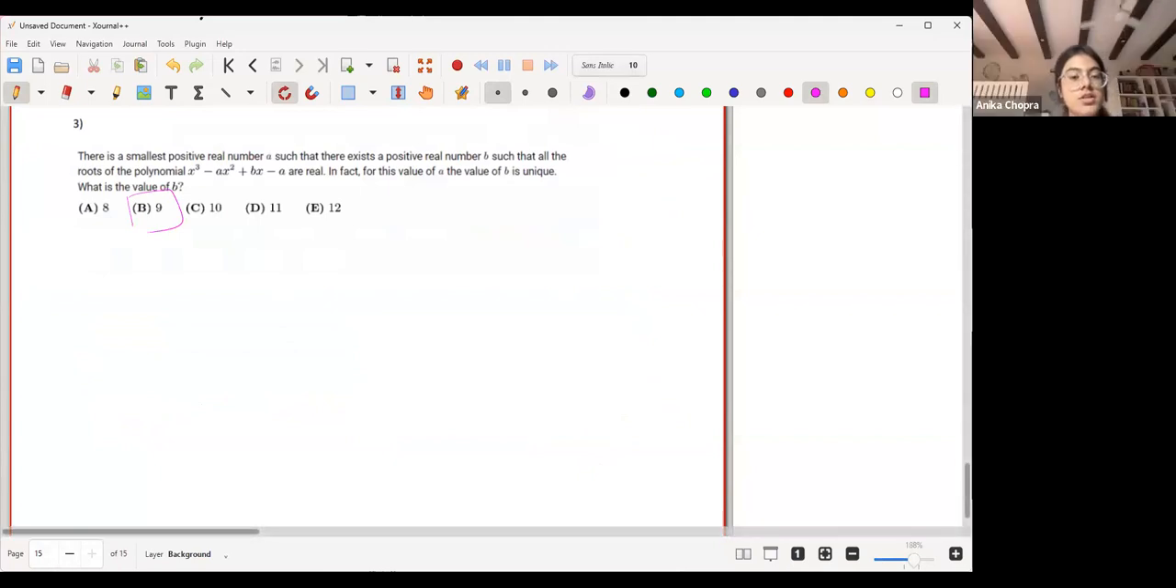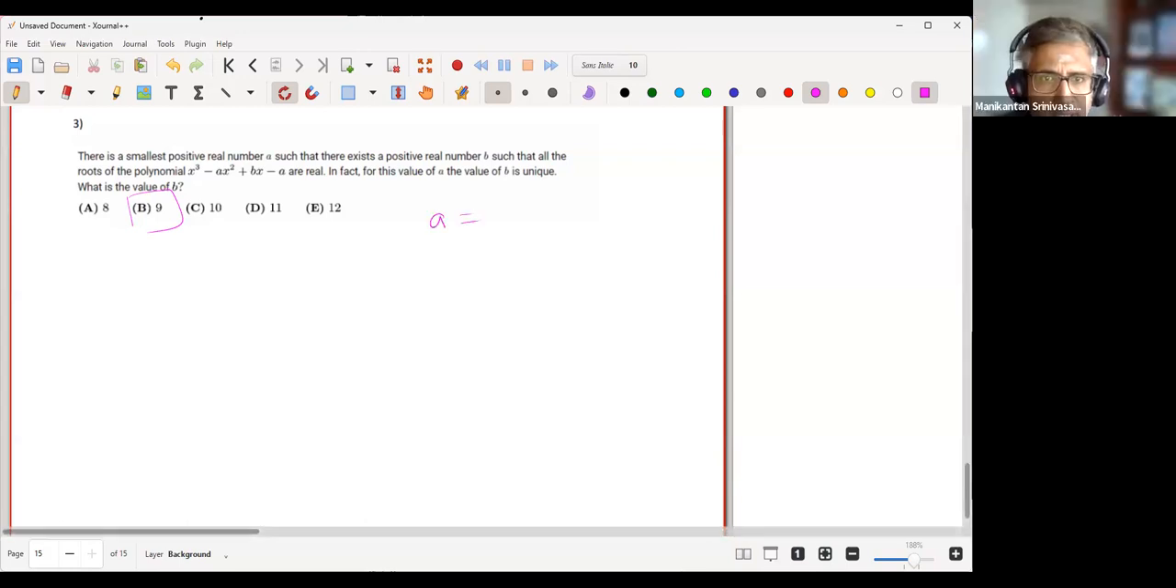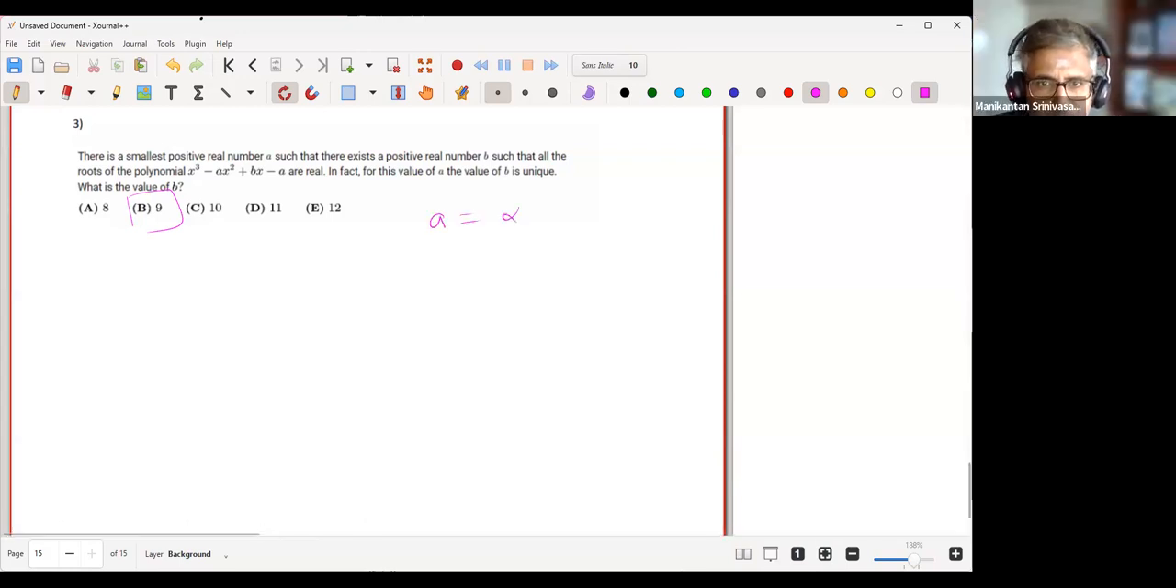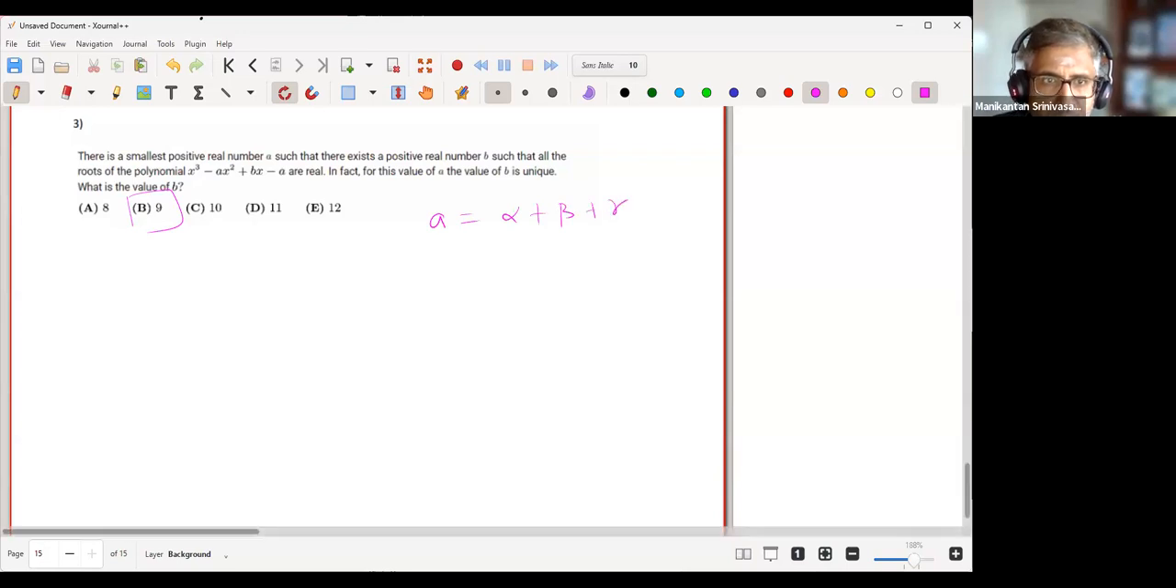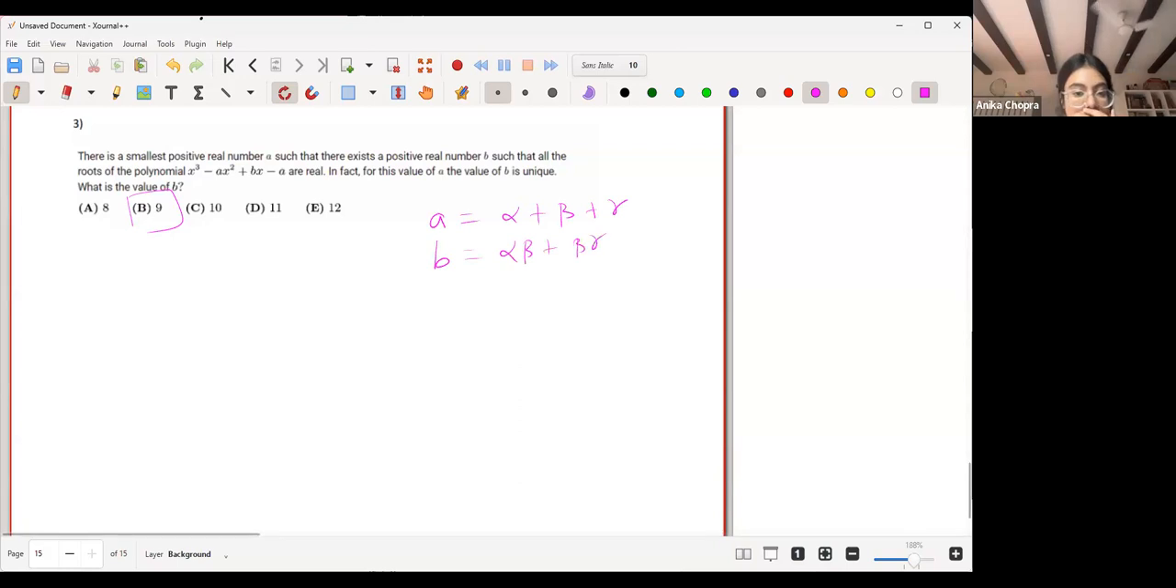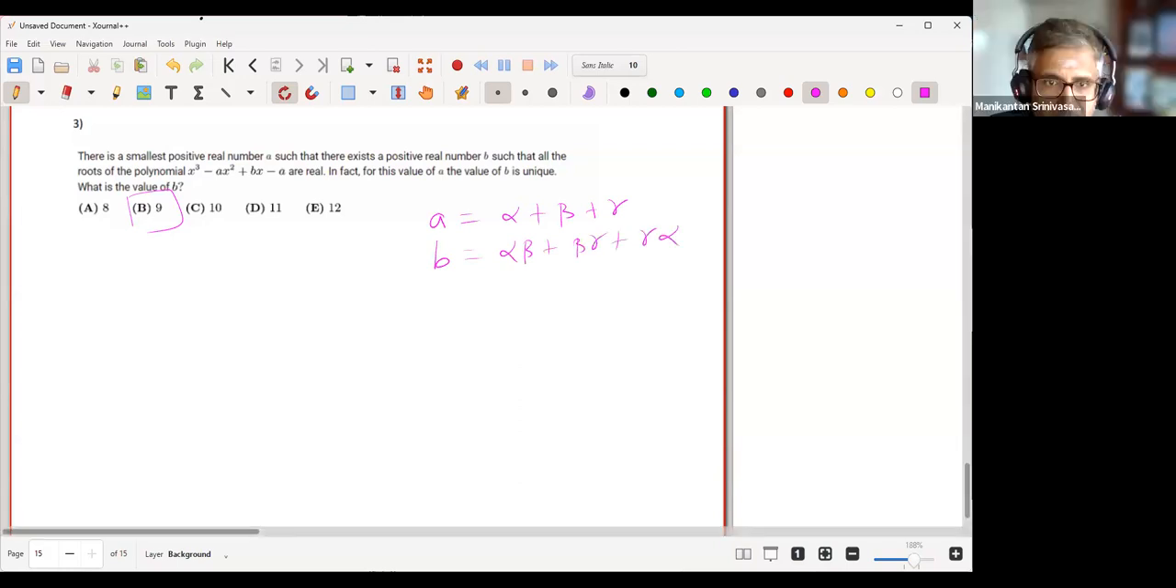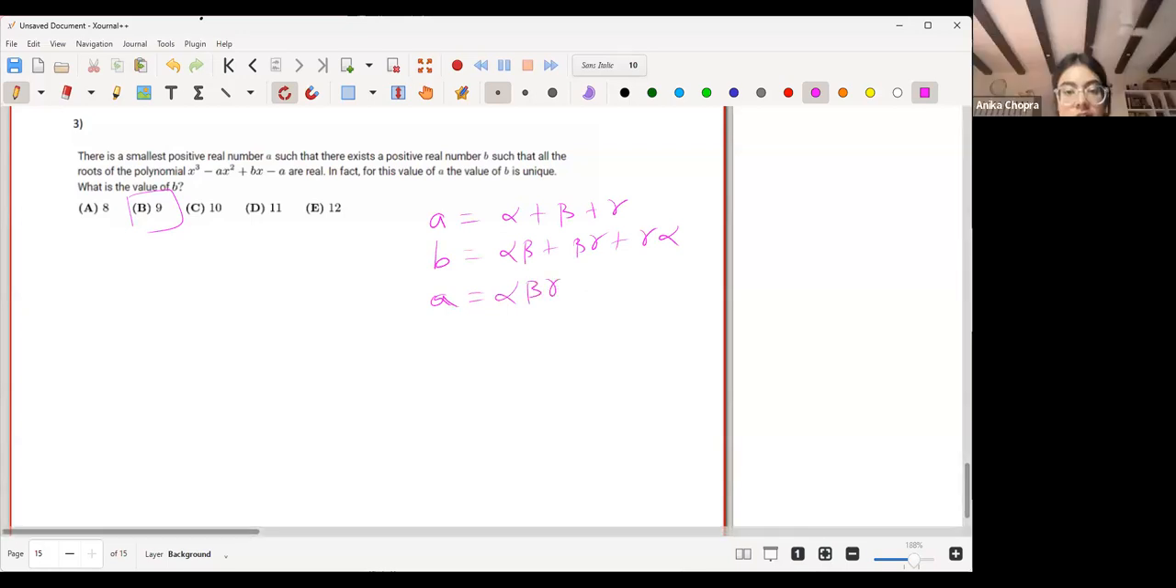Yeah, so first I used Vieta's formula to find A and B in terms of the roots. So let's say alpha, beta, and gamma are the roots. So A is alpha plus beta plus gamma, the sum of roots. B is alpha beta plus beta gamma plus gamma alpha. And then A is again alpha beta gamma. Then I thought about using the AM-GM inequality because I saw alpha plus beta plus gamma and